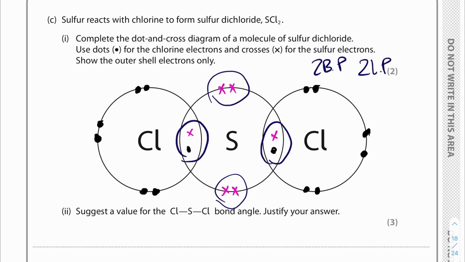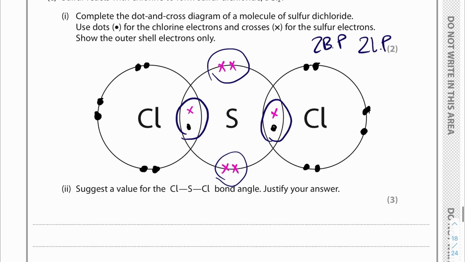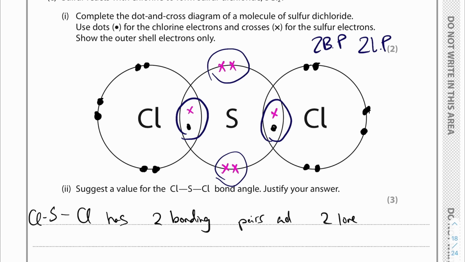So SCl2 has 2 bonding pairs and 2 lone pairs. Because we have 4 pairs of electrons,